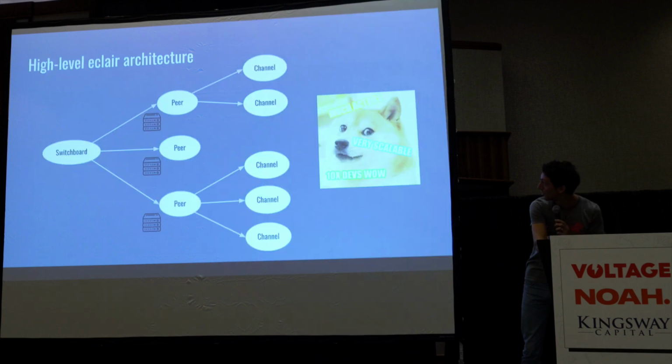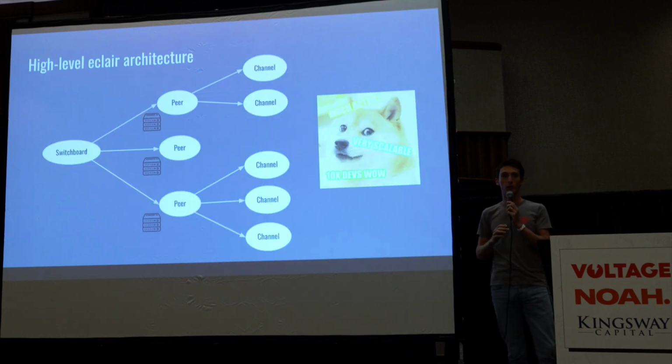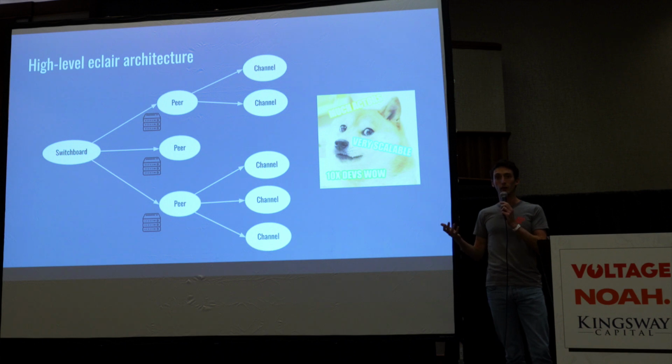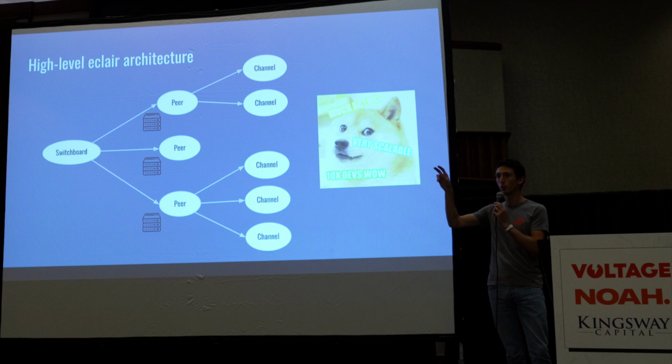But the way we do it today in Eclair, at least on our node, we have a built-in clustering mode where you can shard your node across multiple machines. And what we have deployed currently on our node is that we have one backend node that contains most of the actors and two front-end nodes that contain those peer connections.